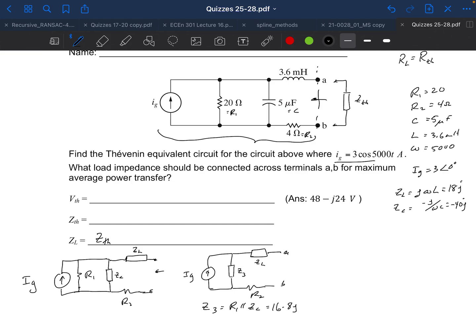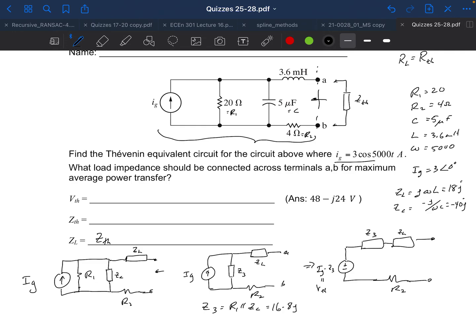Okay, so now I can do a source transformation, and I'll get a voltage source and an impedance, Z3. My voltage source is going to be IG times Z3. And then this will be in series now with ZL. And down here we have a resistor R2. And notice those are all in series. Okay, so this is going to be my